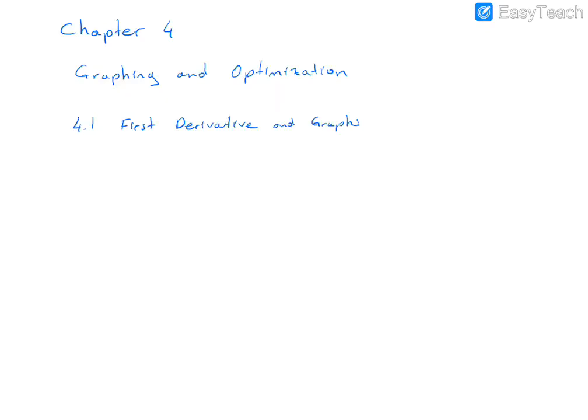In this chapter, we have six sections. First of all, we discuss the first derivative and graphs, and the second derivative and graphs in the second section. As applications of the derivative, we will learn L'Hopital's rule, and in section 4, we discuss curve sketching techniques. In sections 5 and 6, we discuss absolute maximum and minimum and related questions, which is called optimization.